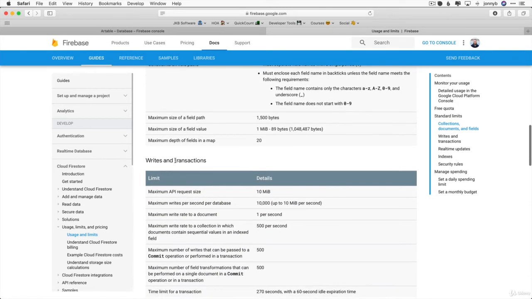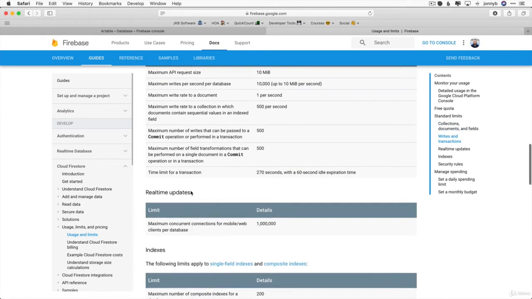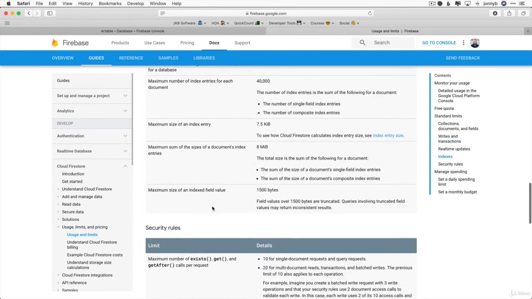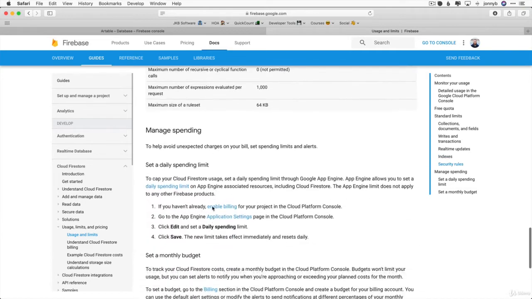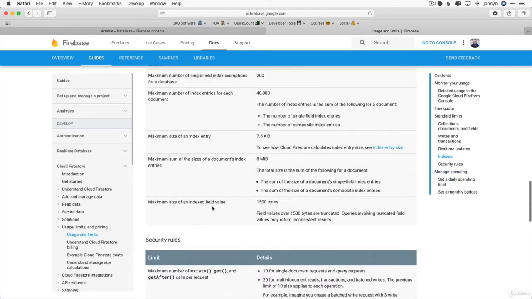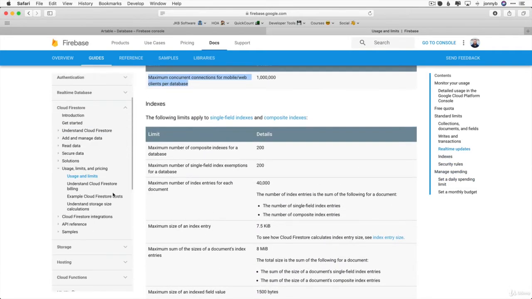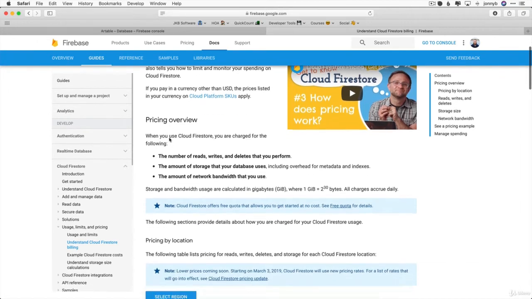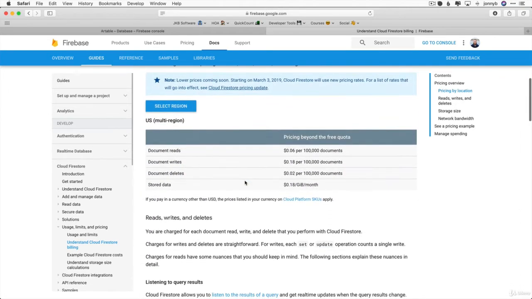We have writes and transactions, real-time updates. So you can only have a maximum concurrent connections of 1 million. So unless your app just explodes in popularity, the free plan will most likely be plenty for you. And if you do need to move up, then that's a good problem to have. That means you have tons of users and activity, in which case you may need to upgrade to either the